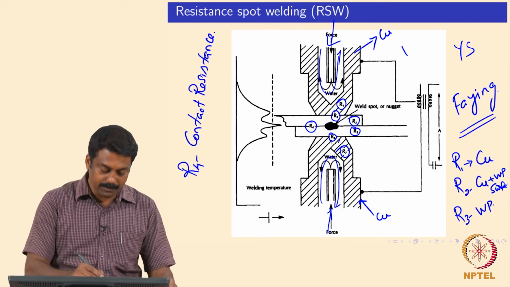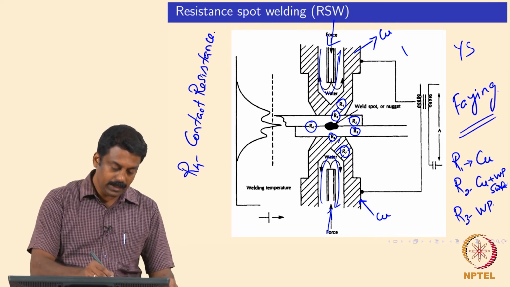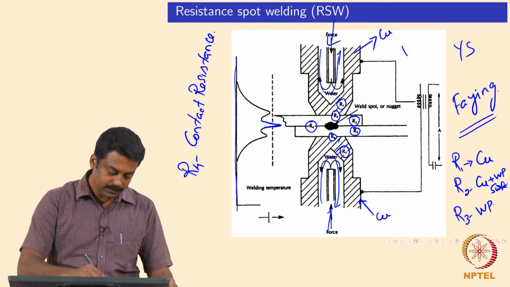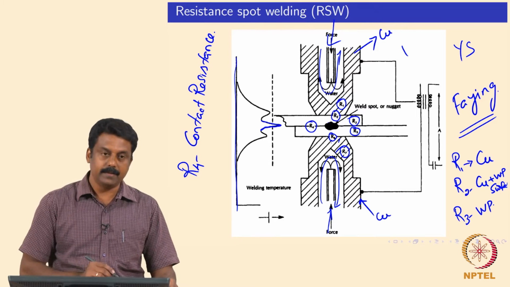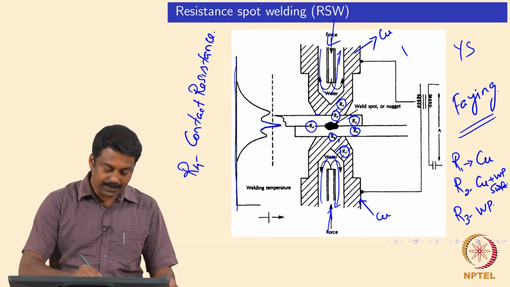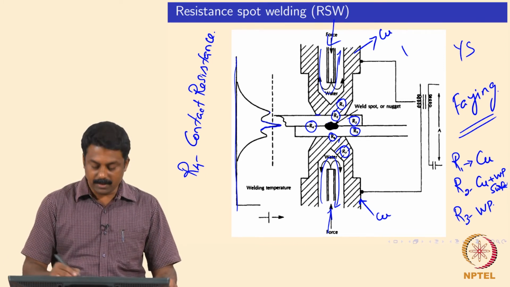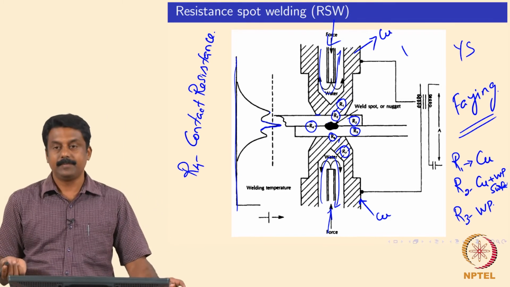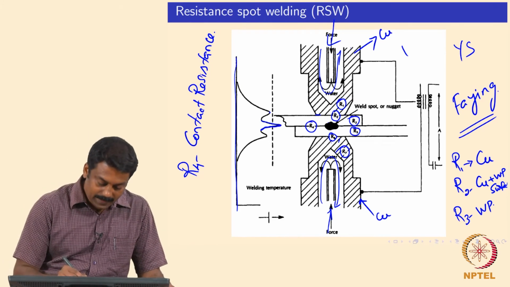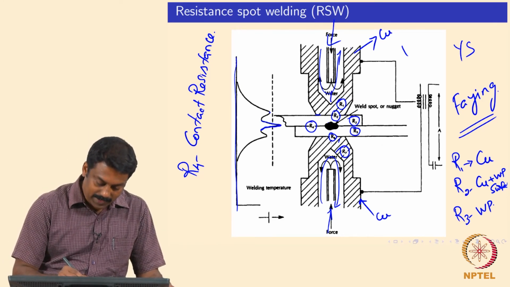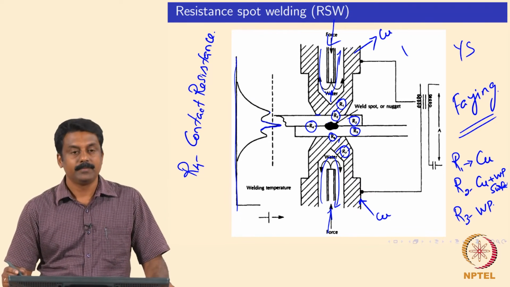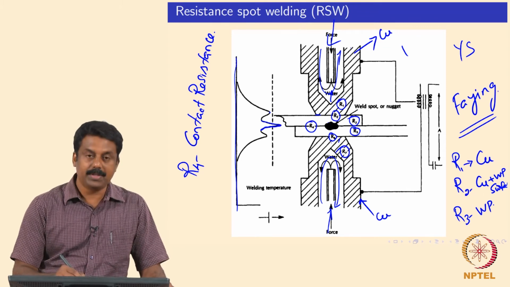So, if you look at the temperature distribution, I put in this case in the other axis, the maximum heating would happen at the interface, right. So, this is welding temperature as a function of distance. So, you would expect some heating at the top of the surface, okay, because the R2 is also a contact, it is not a bulk resistance, but luckily the heat you form at the R2 is extracted by the water cooling.